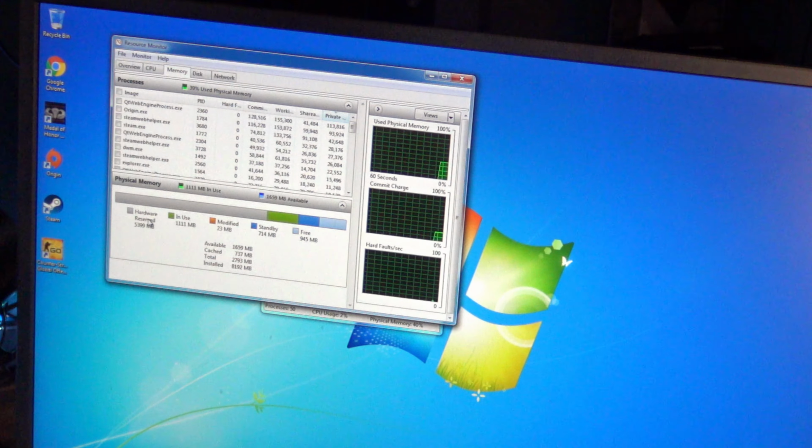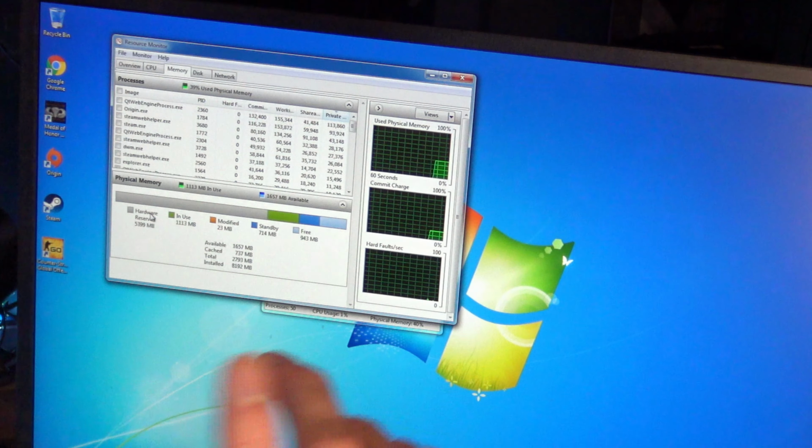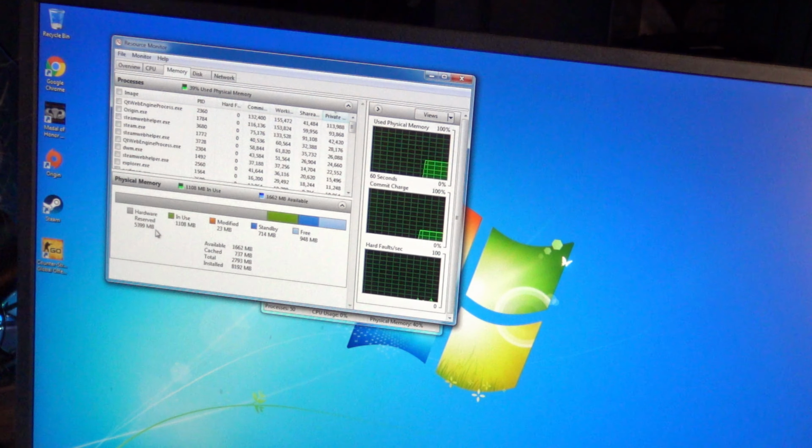Okay, so I checked Resource Monitor to see if that would give us any clues as to what on earth is going on with the RAM situation. Apparently, 5 gigs of it is hardware reserved. What on earth does...